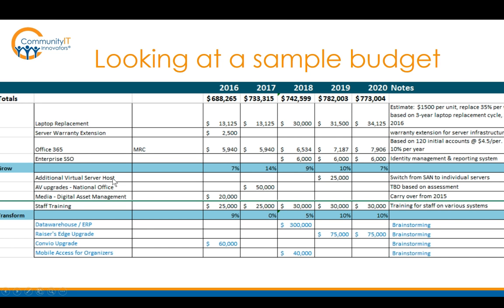In the Transform section, the person who put this budget together even put those line items in a different color and put in the notes section "brainstorming." These are wild ideas in some ways, maybe, or maybe not that wild, but it's just like, look, we need to think about things that are going to make us different and better in how we do things operationally. And I'll definitely note that there's nothing budgeted for more than 2 of these initiatives in any one year, and most of the time it's just one initiative in a given year, and some years none at all.